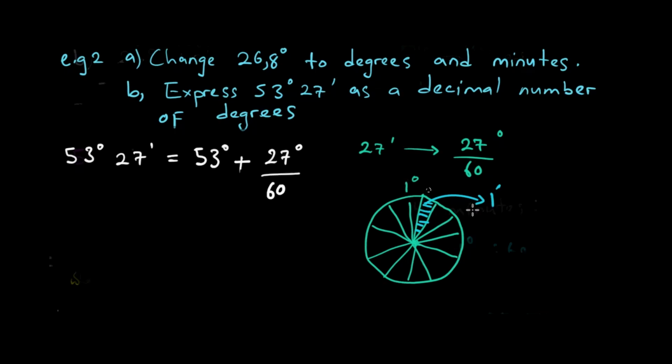Saka 1 degree is made up of 60 minutes. Saka tikasheda turichi 27. Ndo tunge turichi 27 minutes, of which 27 minutes is a fraction of 1 degree. Saka 27 minutes is equal to 27 over 60. It's a fraction of 1 degree. Saka instead of kuti isusu titi 27 minutes, tavatangoti 27 over 60 degrees.